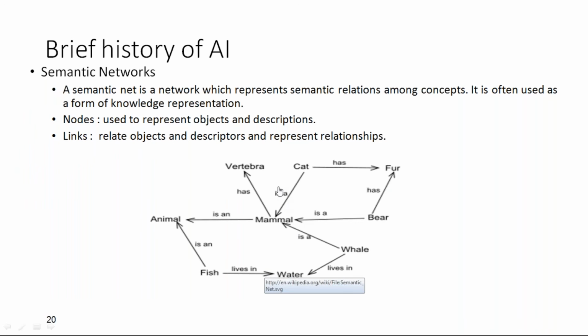For example, you can see a small graph depicted here, which I took from Wikipedia. What it says is that we are capturing a small piece of knowledge, like a cat is a mammal, a whale is also a mammal and it lives in water, and a fish lives in water, it's an animal. So this is how we do it. It's a different domain, how I capture this knowledge or how I store knowledge, but nowadays it's an essential part of the broad AI domain. The richer the background and domain knowledge we have, the more realistic AI applications we can build.